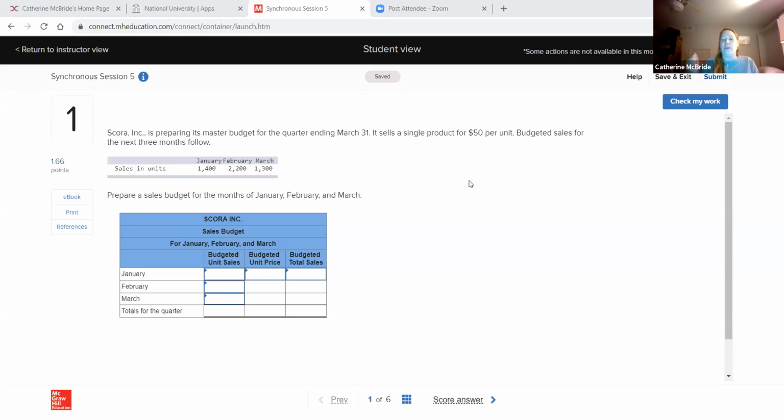So we start with the sales budget. The sales budget is typically set by senior management or the owners of the company. It's often based on historically what sales have been. Obviously, there are things right now,